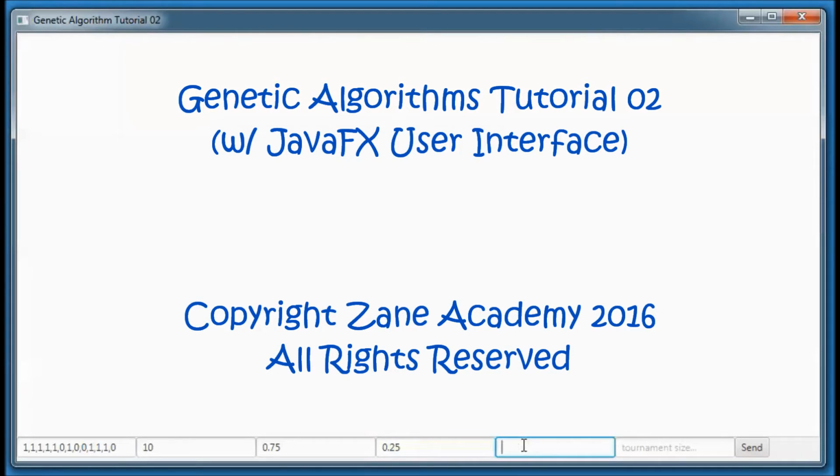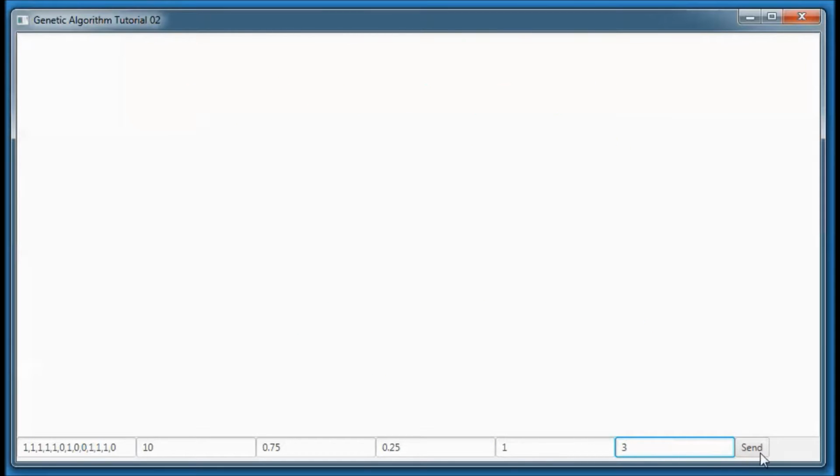So the number of elite chromosomes that will not be subjected to crossover or mutation from one generation to the next. Let's say this is 1, and the tournament population size, and this is used for chromosome crossover selection. Let's say it's maybe 3, and let's go ahead and try it.